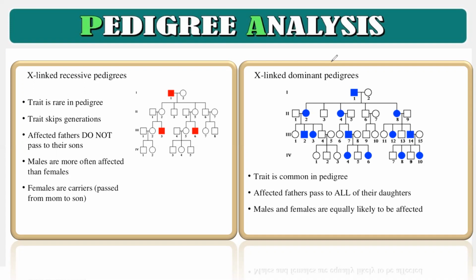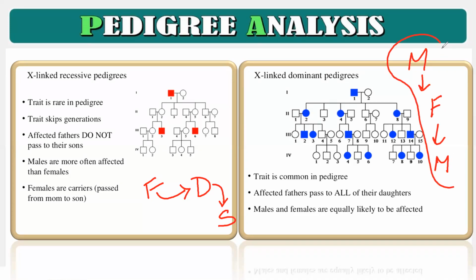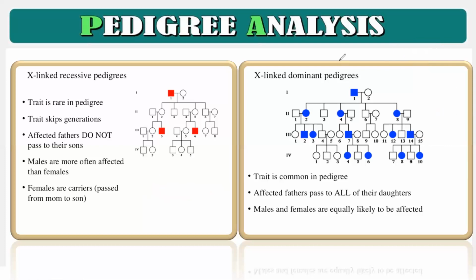In a sex-linked trait, you will find that it is transmitted from one sex to the other. If the father is infected, the father is going to donate the damaged chromosome to the daughter, and the daughter to the son. That means from male to female, and from female to male. So sex-linked diseases are passed from one sex to another. This is how we can identify them, right?